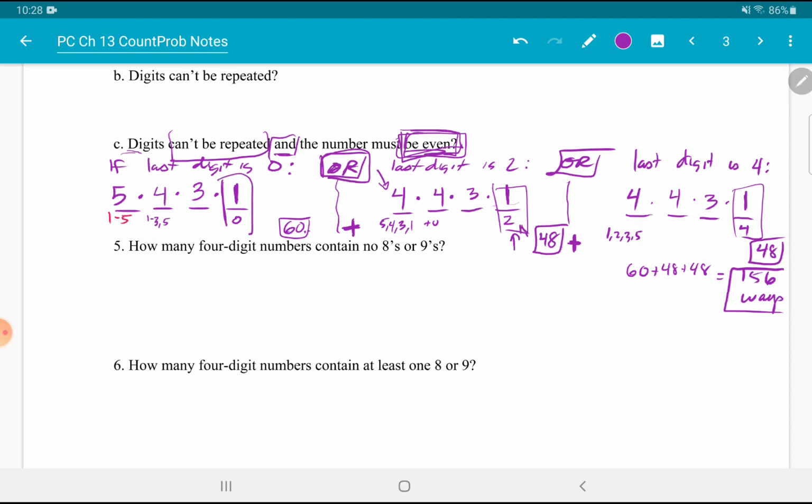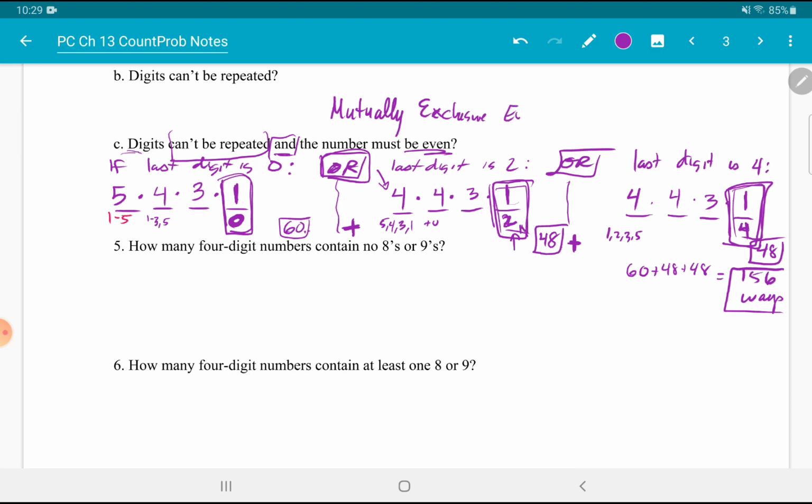ways. We could have gotten an even number by having a 0 at the end. We could have gotten an even number by having a 2 at the end. Or we could have gotten an even number by having a 4 at the end. Now, because each of those even numbers is unique in its own way, we can count the number of ways in which there is actually no overlap between these even numbers. Having a 0 at the end is completely different from having a 2 at the end, which is also completely different from having a 4 at the end. So because of that, what we call these are mutually exclusive